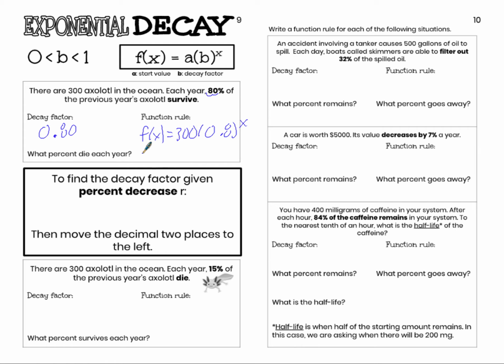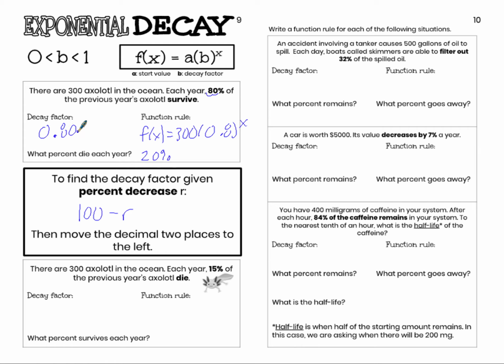If 80% survive, that means 20% die. That means my percent decrease is 20%. It's actually really uncommon for me to give you what percent survive. Usually I tell you the percent decrease, so I would say 20% die, and then you'd have to calculate the decay factor. The way you do that is you do 100 minus the percent decrease, and then again write that percent as a decimal. So in this situation, if I would have said the number of axolotl decreases by 20% a year, I would have done 100 minus 20, telling me that 80% survive, and my decay factor is 0.8